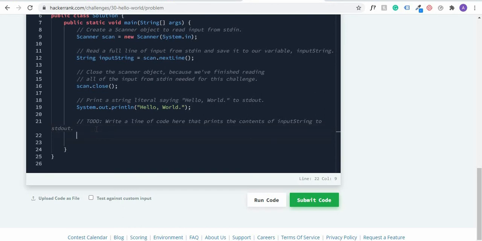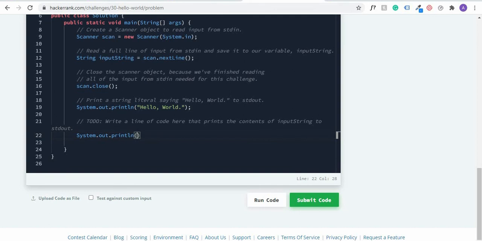What you're going to do is very simple. I'm just going to say system dot out dot print, then you put this here, and what you are going to put here is different.